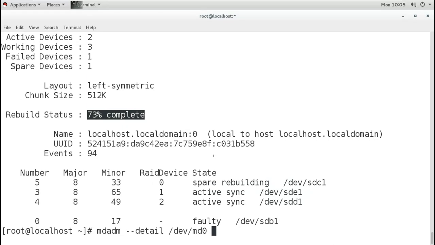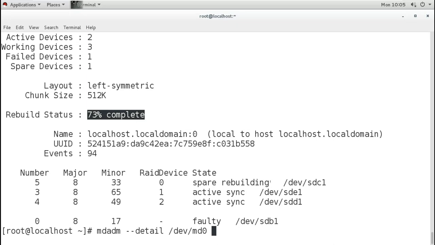Now remember, the size of these partitions is very small. They are just 1 GB, and they do not have much data. But if you have big data and a big partition, a big hard disk in a real working environment, then it may take some time to rebuild the data and reconnect the spare disk into the RAID.